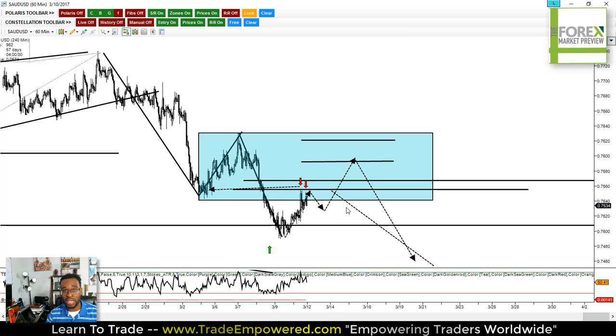So I hope you guys see that not only does how you enter this trade depend on what type of trader you are, but the importance of being consistent in how you attack the markets. Because if you're not consistent, you're really going to be on the opposite side. One time you're going to do this and you're going to get burnt, and you're going to switch it and try to do this next time and you're going to get burnt. And then you're always one step behind the market, which is where you don't want to be.